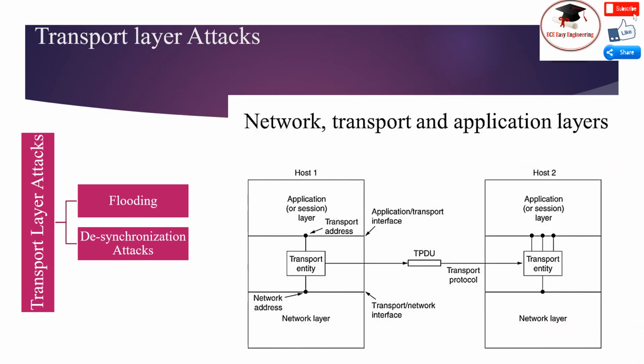Transport layer protocol: flooding and desynchronization attack. Sometimes the malicious node can cause immense traffic of useless messages on the network. This is known as flooding. Sometimes a malicious node replays some actual broadcast messages and hence generates useless traffic on the network. This causes congestion and may eventually lead to the exhaustion of complete nodes. This is a form of denial of service attack.